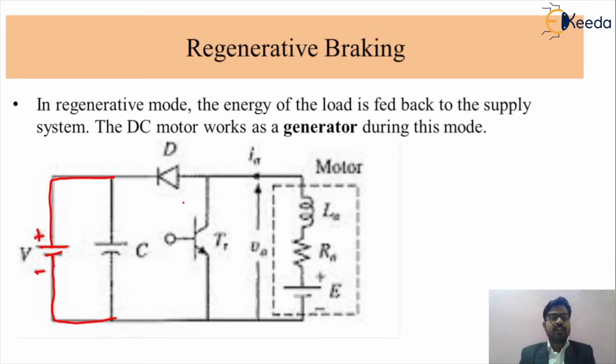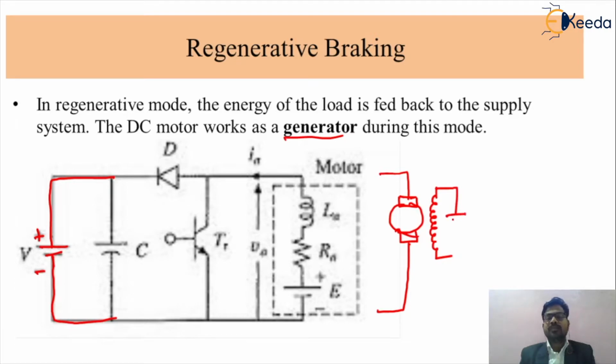Okay friends, this regenerative braking is applicable to your motor. This is the basic diagram of your motor. As we know, this is the armature of your motor, and for the sake of understanding, it is a separately excited motor. First of all, it is regenerative braking applied to the separately excited DC motor. This is the armature circuit, this is the field circuit, and it is separately excited. The armature has the A1 and A2 terminals.